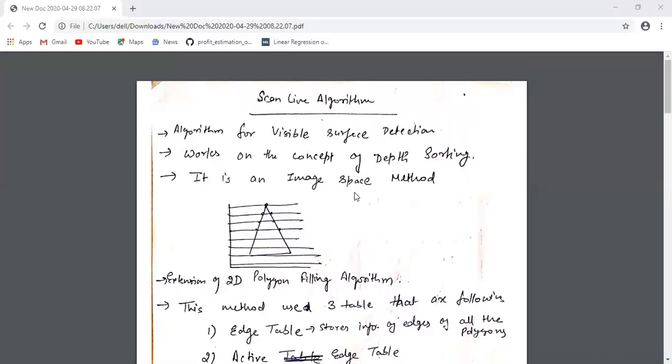After taking the projection of a particular object, we perform the scanline algorithm to find out the visible edges. This algorithm also uses backface detection as a pre-processing step, where all the back faces of a 3D object are removed, and after projection,